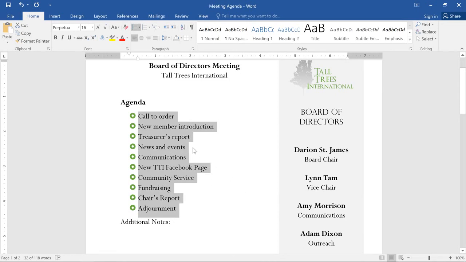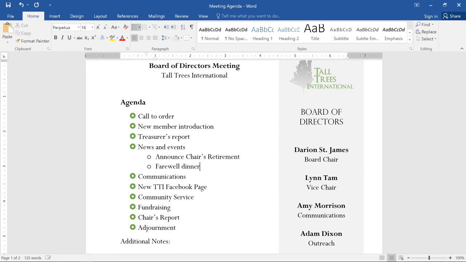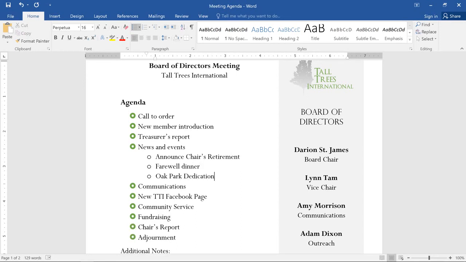For example, under News and Events, I'd like to add some specific news items. I'll press Enter to create a new item, and then press Tab on my keyboard. Then I can type each item, pressing Enter after each one. If you want to increase the level of an item, just click at the beginning of the line